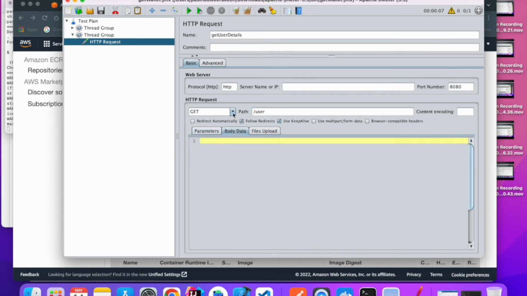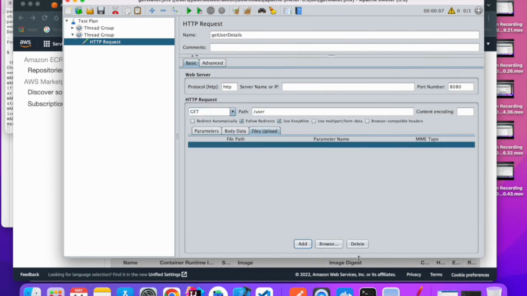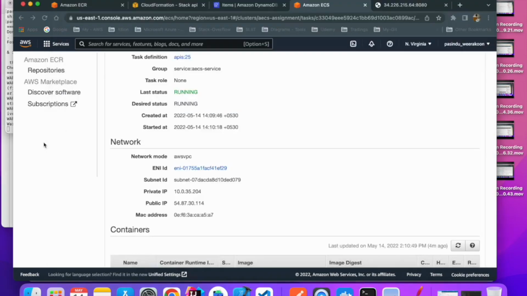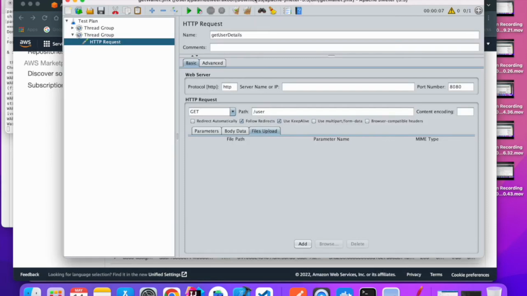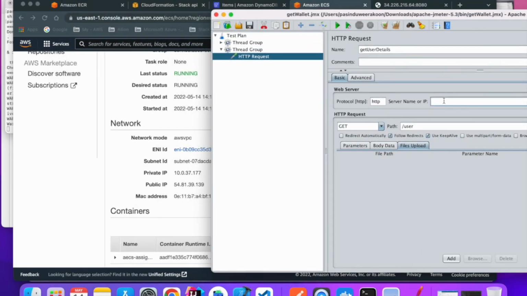And if you have post request or something, you need to share some data inside your body, so you can use here. And if you want to upload some files, you can use this one, add file, and in my case I'm not using those, so I'll add these 54.81.39.139 here, and